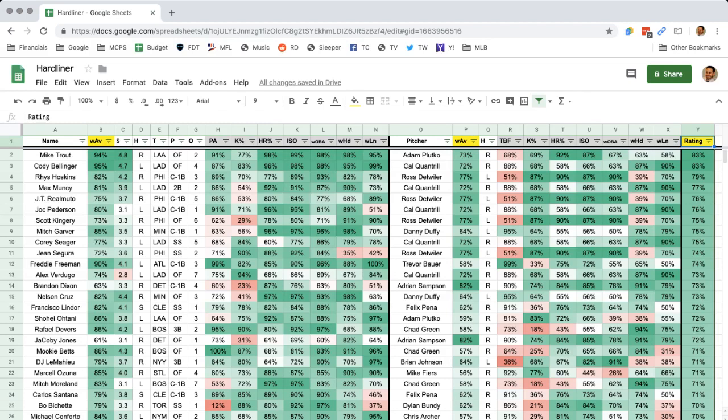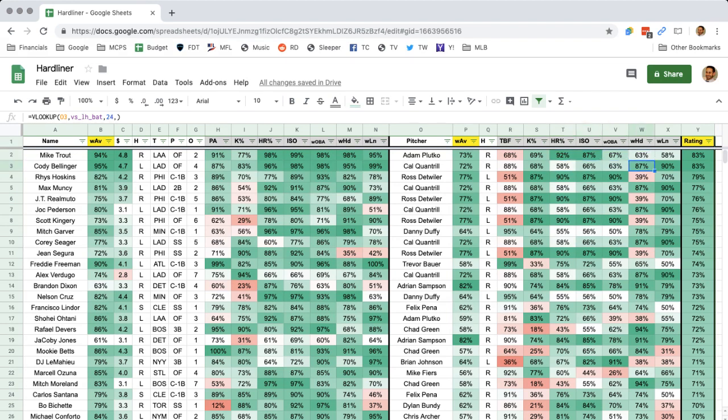And if you want to zoom in more, there are all the different columns to see what's what. Like, for example, you can see that Bellinger and Trout are both absolute studs, but Plutko is worse than Quantrill at minimizing home runs.